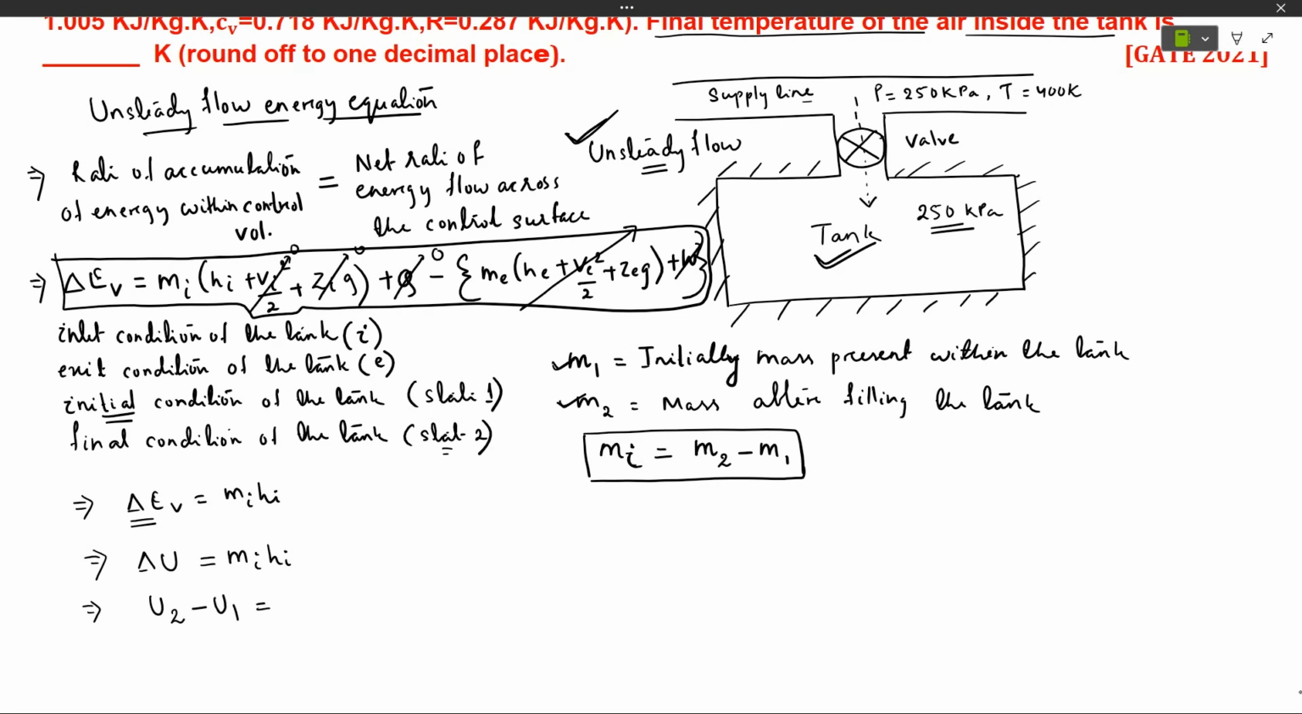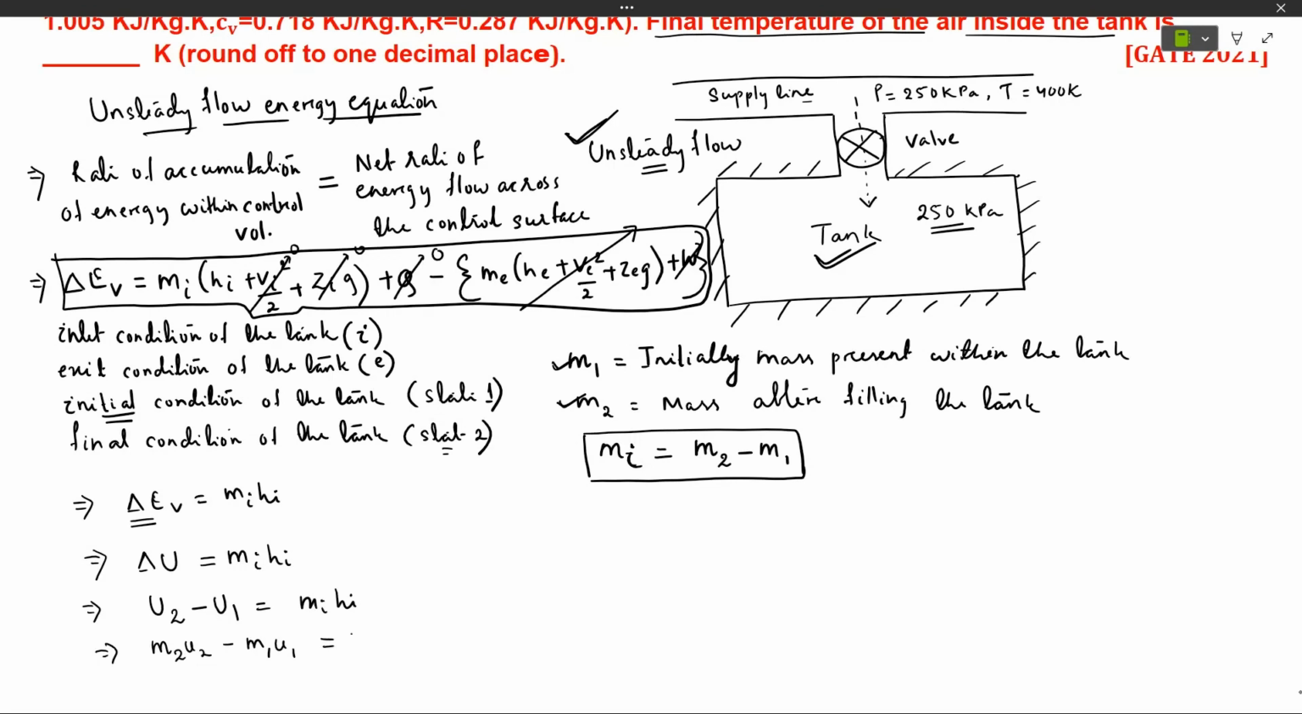equal to m_i h_i. Now see, here we have written this U in capital form. It means it considers only the internal energy, but we have to consider it as specific internal energy. So we have to write this capital U in the form of small u, and to consider small u, we have to consider it along with mass. So it becomes m2 u2 minus m1 u1, that is equal to